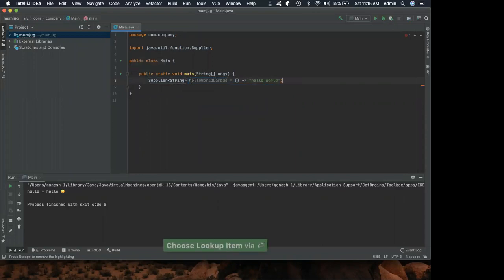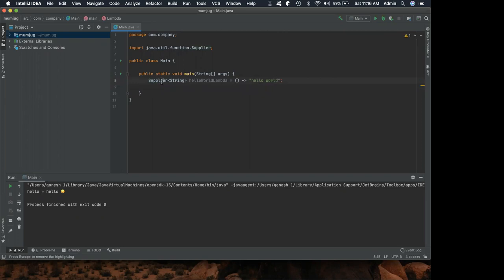And I do enter. And now how do you start a new line? I'm doing undo again. One way is to do a simple enter. Another way is to do shift enter, which will start a new line. Depending on the scenario, this start new line shortcut may be much more useful for you, especially if you are somewhere in between. You don't have to go to the end and then type enter.